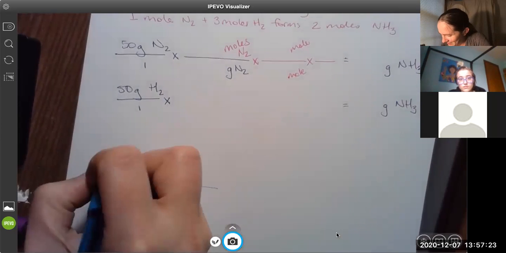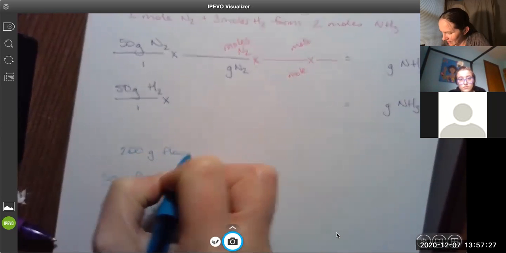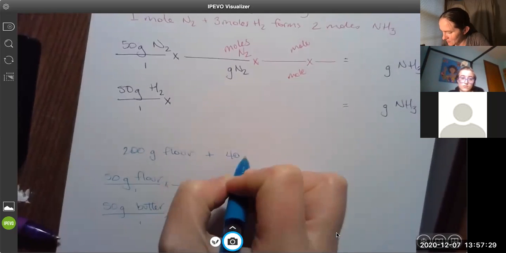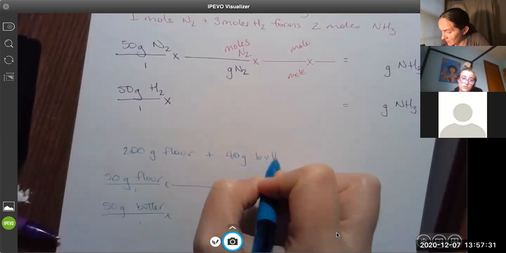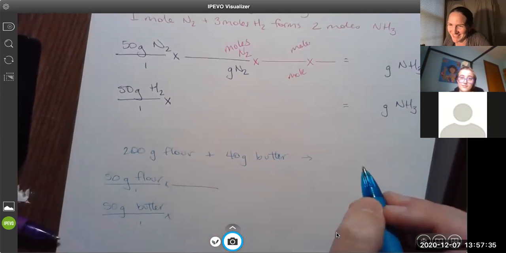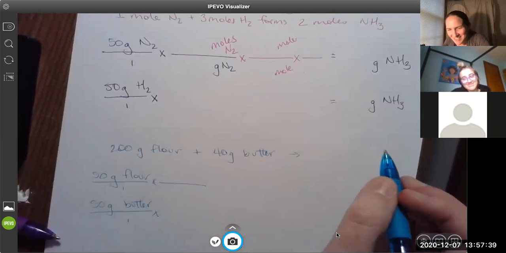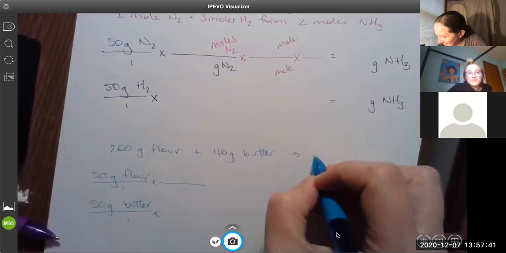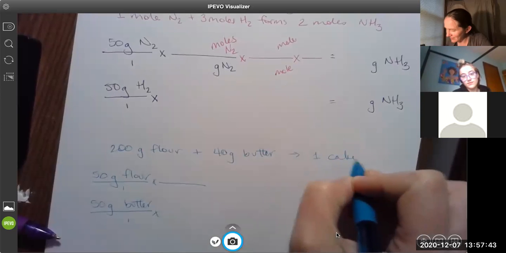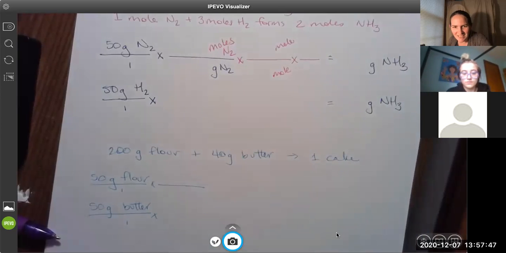Let's say we need 200 grams of flour and 40 grams of butter to form a cake. That doesn't sound like a good cake. No. Vanilla and sugar and